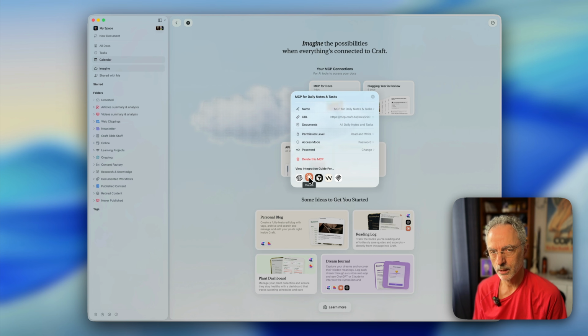And when you use developer mode to access your MCP connection from ChatGPT, the memory is not updated, so you are working in a small bubble, which I don't like.